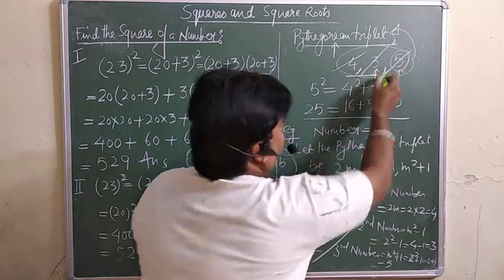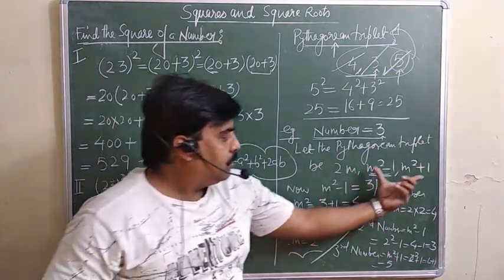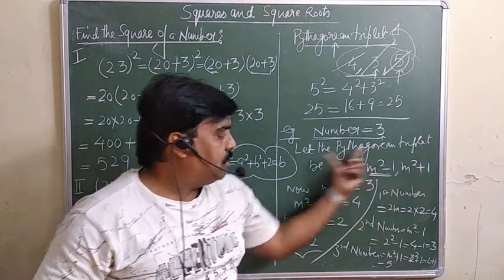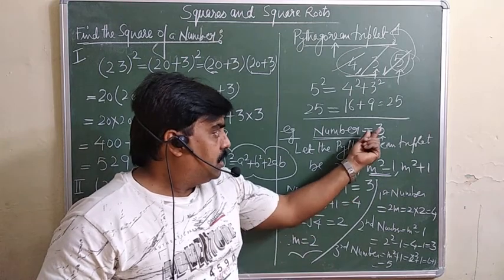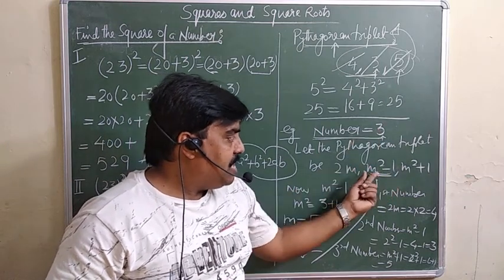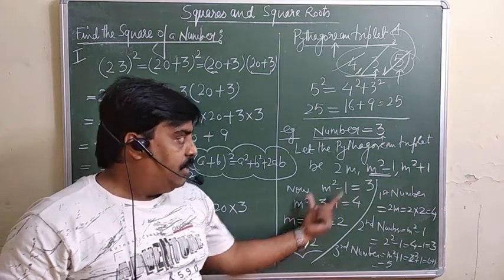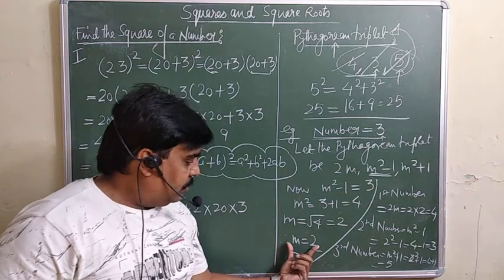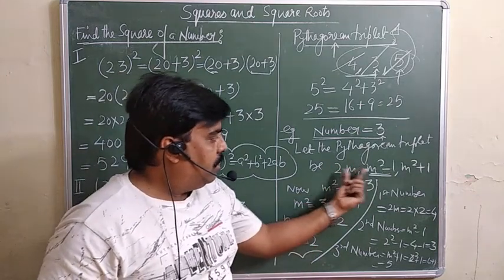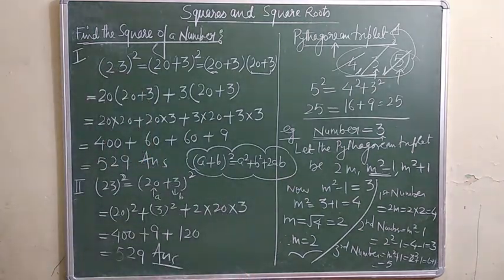So 5 is here. So अगर हमको एक नंबर दिया है तो you can find out the other two numbers simply by assuming this one. इसको assume करो, but very important point is here, कि इस नंबर को इन तीनों में से किसी एक के साथ ऐसा assume करना है from where we can get the exact value for m. Exact value of m you must get here only, and then after getting the value of m you can put here, here, here, you will get the Pythagorean triplet. Have a look.